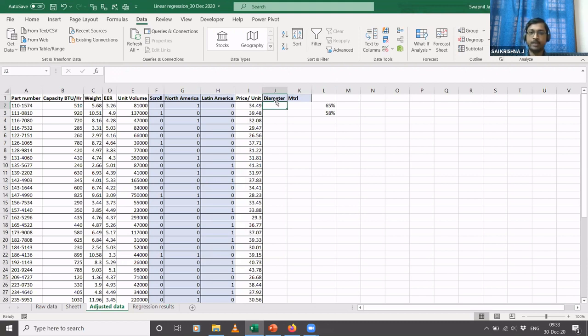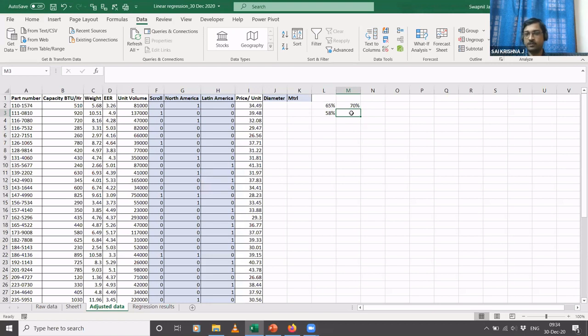Now let's say I build one more regression model by including this diameter column. It is possible that this R square goes from 65% to 70%. It could be possible. But when I add this additional diameter column, the 58% need not necessarily go up to, let's say, 60% or 65%. It need not, because there is something called statistical significance.